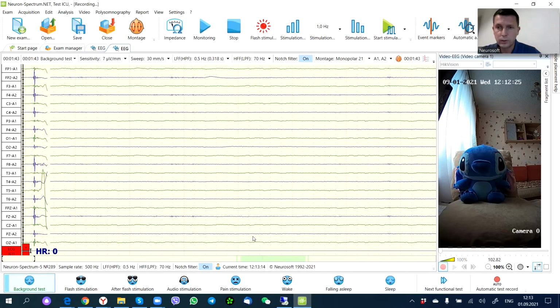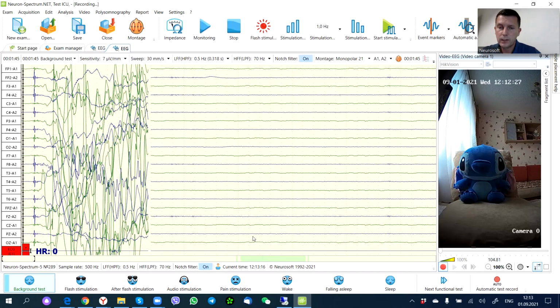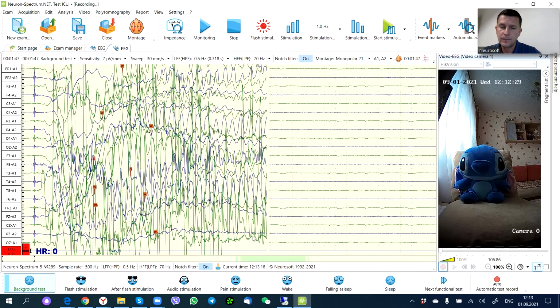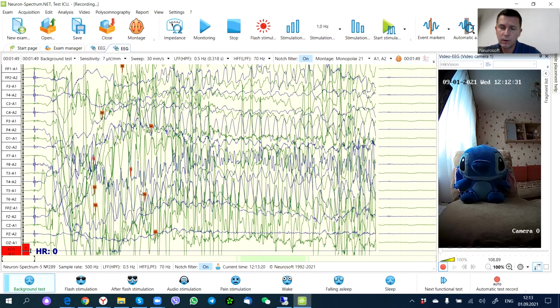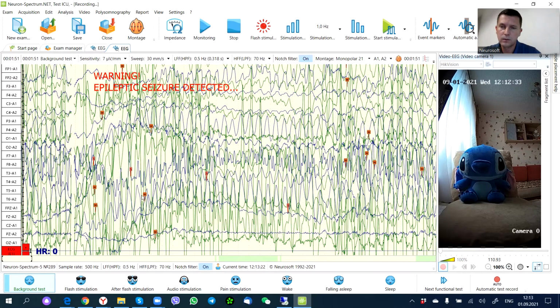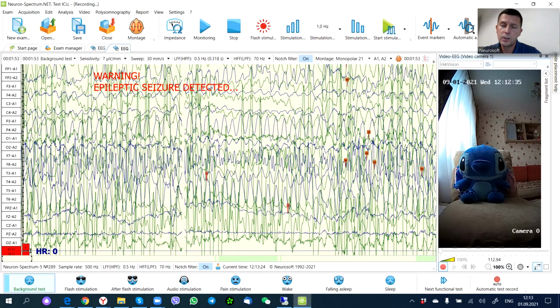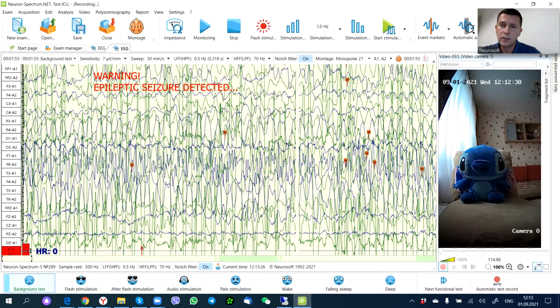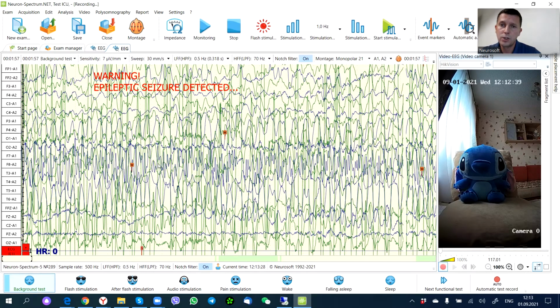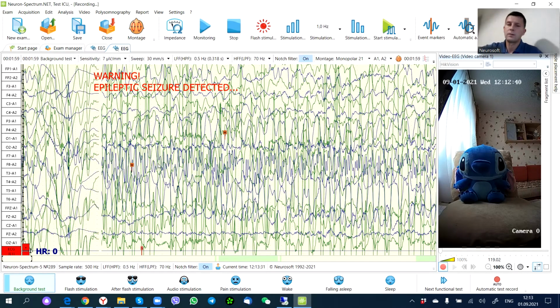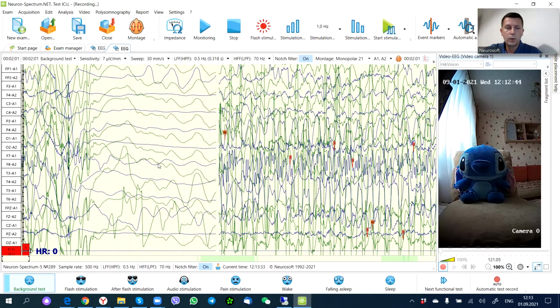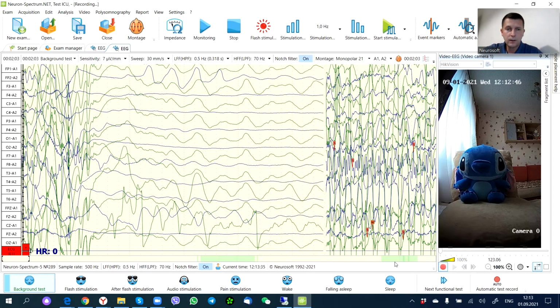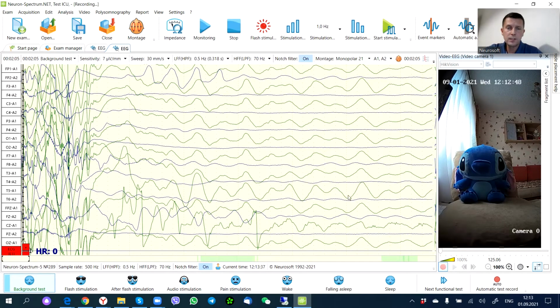Let's do it one more time. I'll emulate epileptiform activity. Here are spikes and sharp waves which the software finds automatically, and you see that now there is a warning message, epileptic seizure detected. The software marks it with green color automatically. And if, for example, I stop